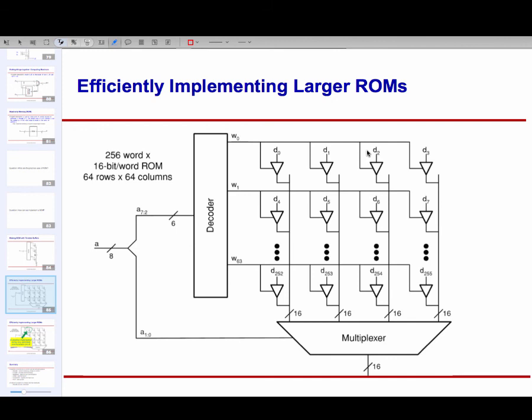In this particular case, I have 6 bits here and 2 bits here. The 6 bits decide which one of the 64 rows I'm going to select, and all those tri-state buffers will be activated, and these 2 bits decide which one of these 4 columns I get the data from, and I dump it in the output.